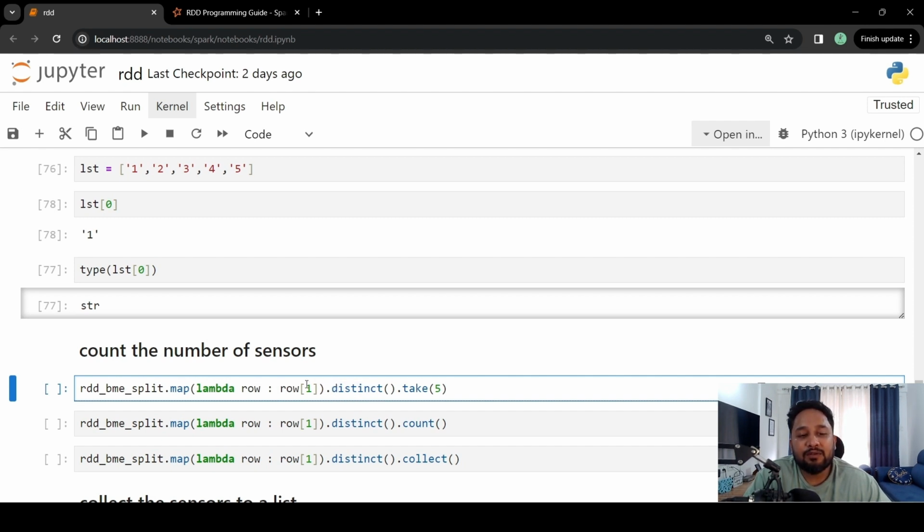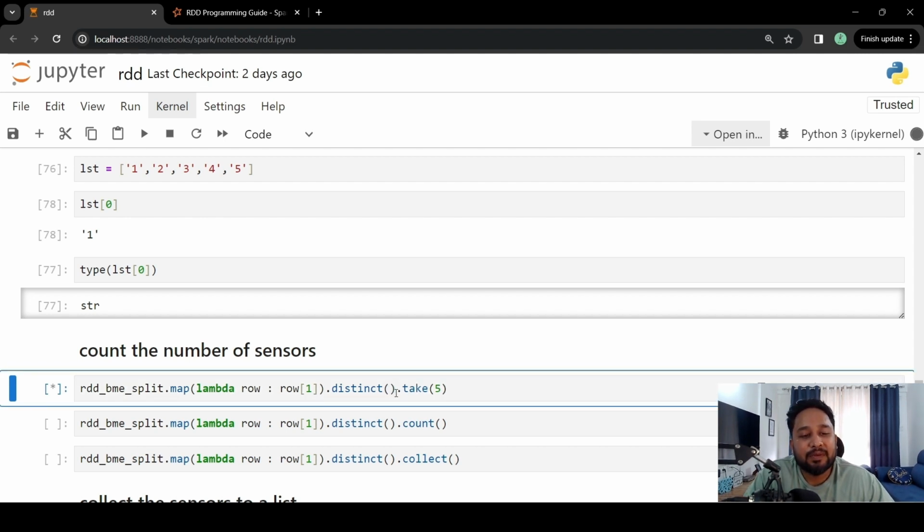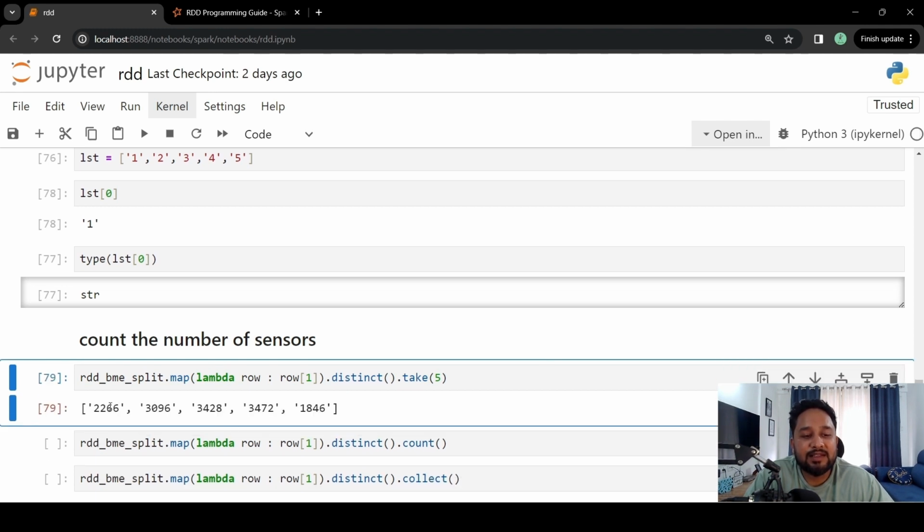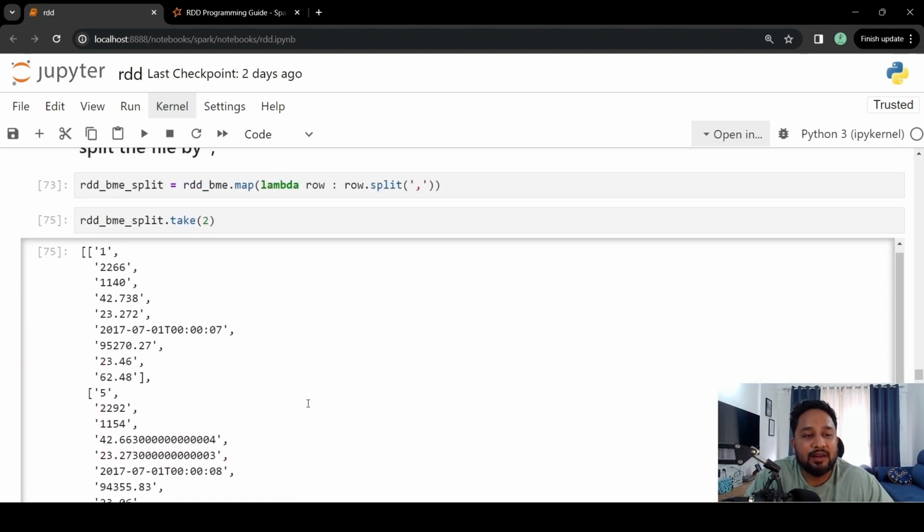What we are going to do, we are first going to fetch the first element, which is a sensor ID, using the map function. So this will pick up the first element of this particular list, and once I do the distinct, it will drop all the duplicate occurrence of the sensor ID. And with the help of take 5, we are going to see how those elements look like. So if I do the distinct.take(5), you can see that these are the sensor IDs available,